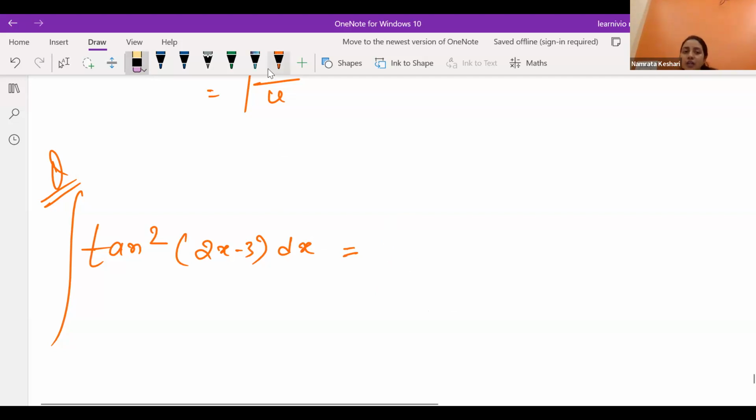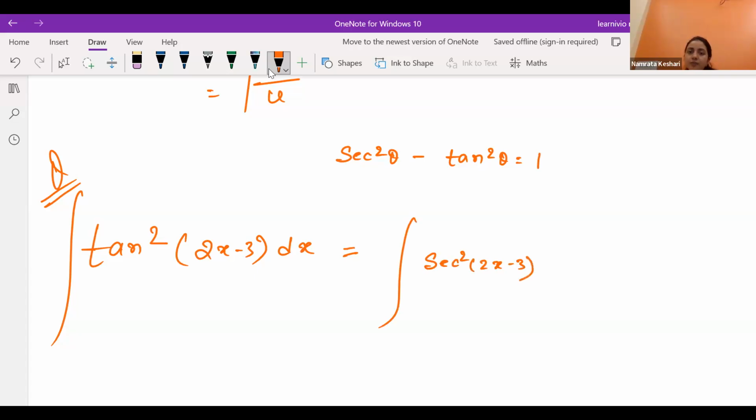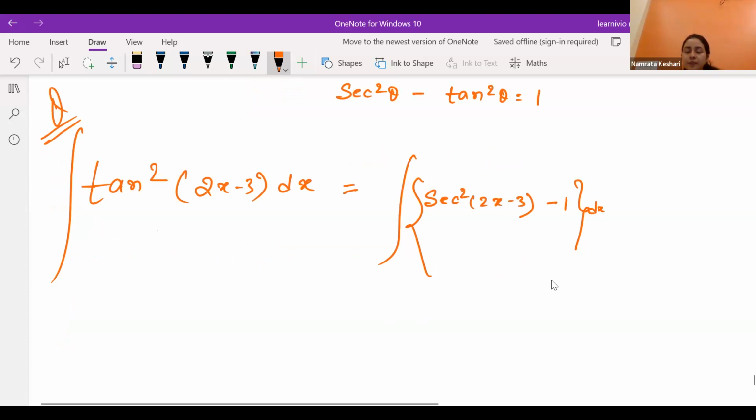Yeah, we have a relation, an identity you already know, that is sec square theta minus tan square theta equals 1, right, Annapurna? Sec square minus 1. Yes. Okay, so in place of tan square we can write sec square of whatever is there in place of theta, minus 1, dx. Any confusion so far, Annapurna? No. Okay, now